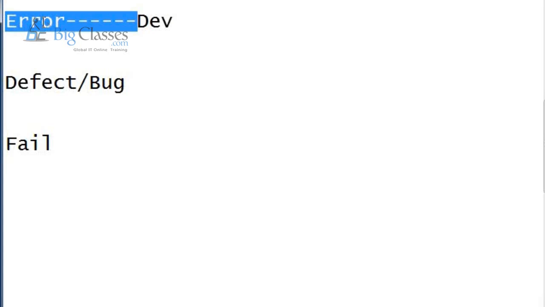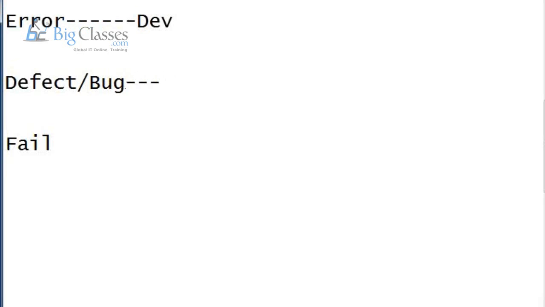I think, guys, in your BTech you heard the word syntax errors. Syntax errors from the coding given by the developer. Once again, guys, error. While developing the application, if the developer finds any mistakes in the coding, the mistake is called an error. So after completion of development, guys, the testing engineer's job.